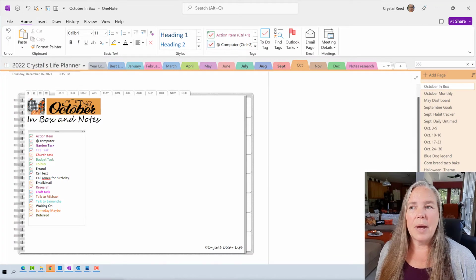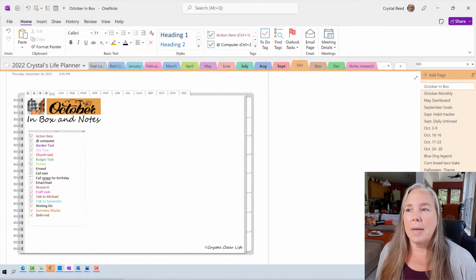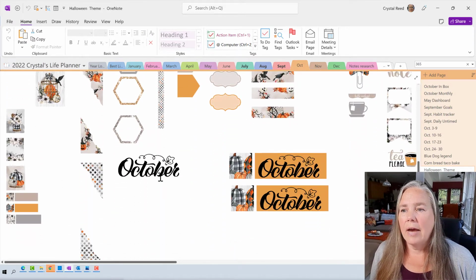But let me show you how I created this cute title up here at the top, because I'm going to be putting that on a lot of my pages. So let's jump over to my theme page and I'll show you how I made that title. So here is my Halloween theme for the month of October, and I have this script for October, which I